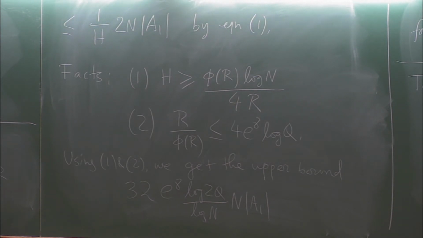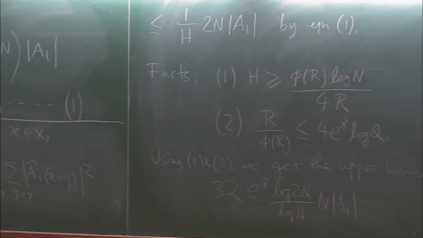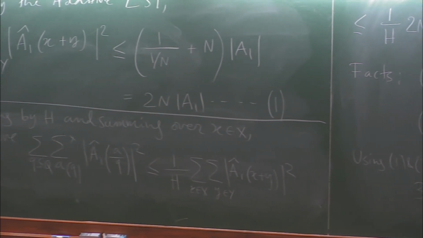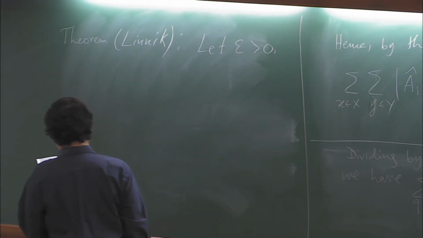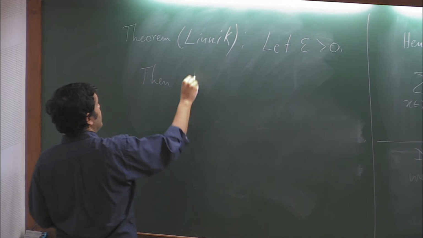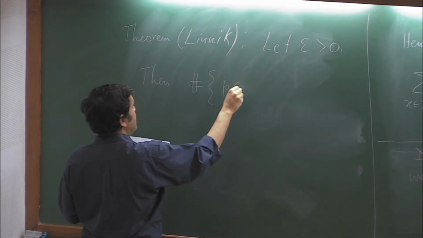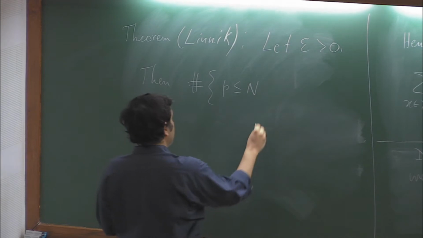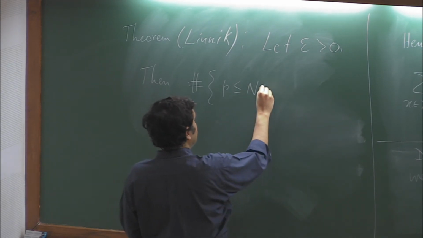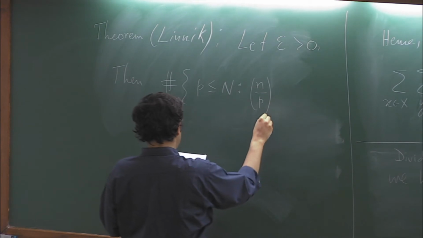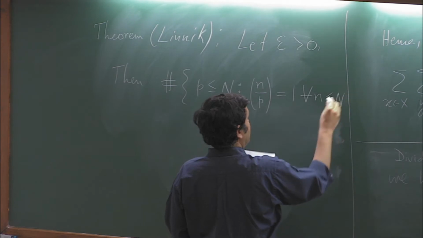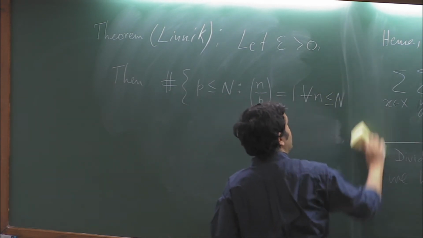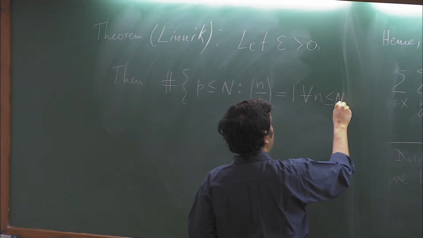So, theorem. Let epsilon be positive. Then the number of primes p up to n such that the quadratic residue symbol (n by p) is 1 for all n up to n to the epsilon